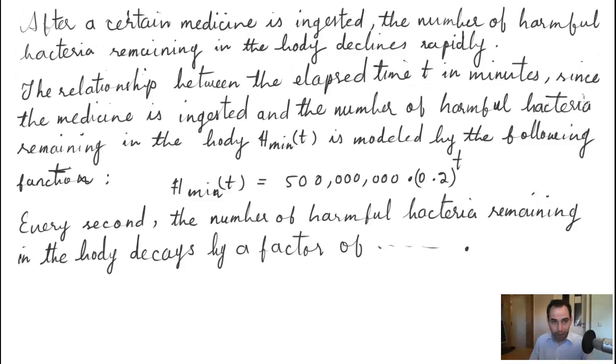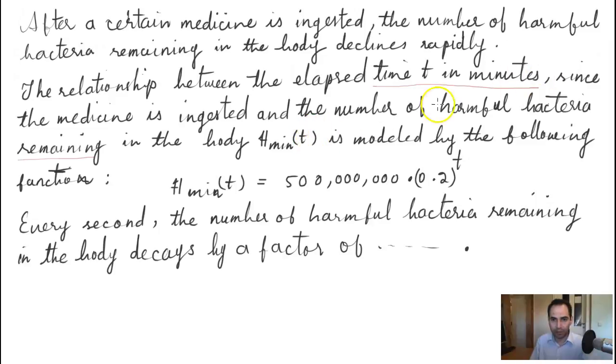So the question is, after a certain medicine is ingested, the number of harmful bacteria remaining in the body declines rapidly. So it's about some number declining. The relationship between the elapsed time t in minutes, since the medicine is ingested, and the number of harmful bacteria remaining in the body, h of minute of t,